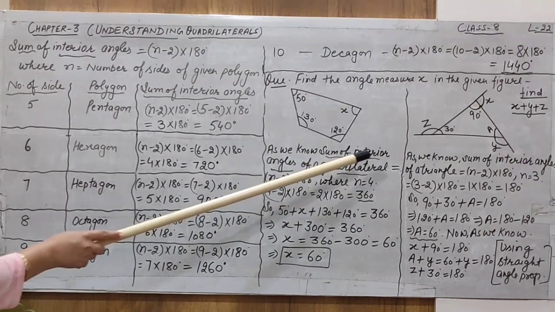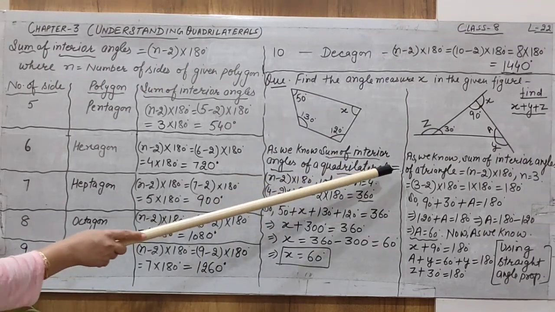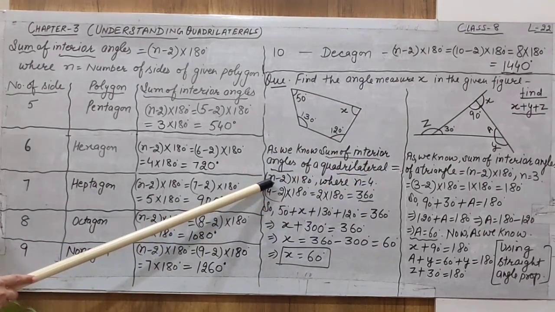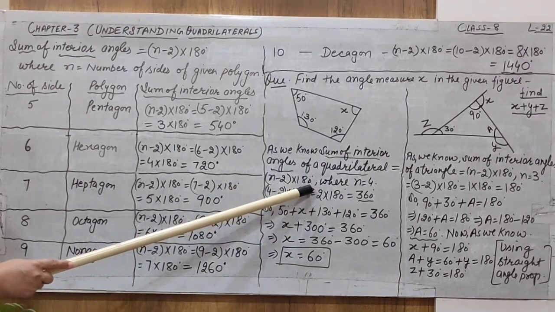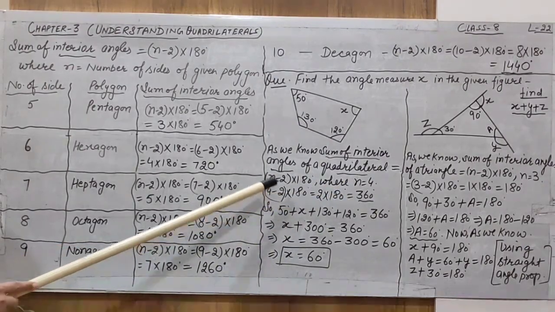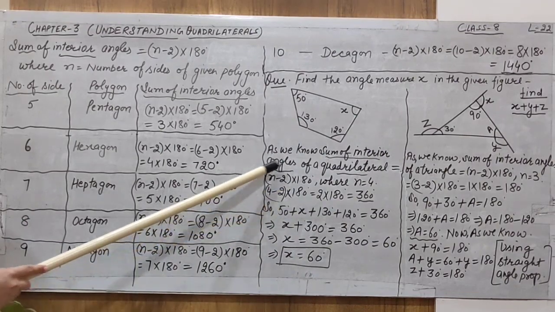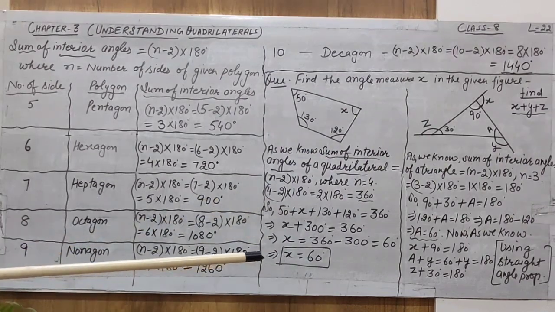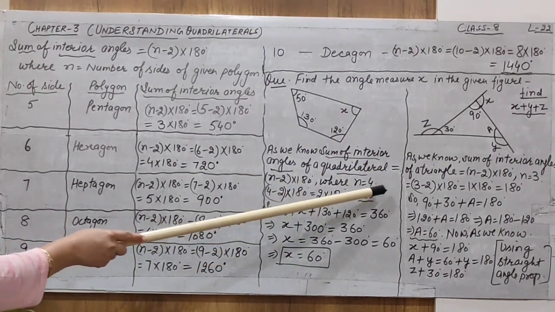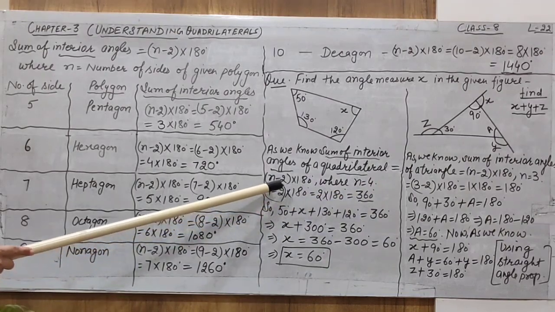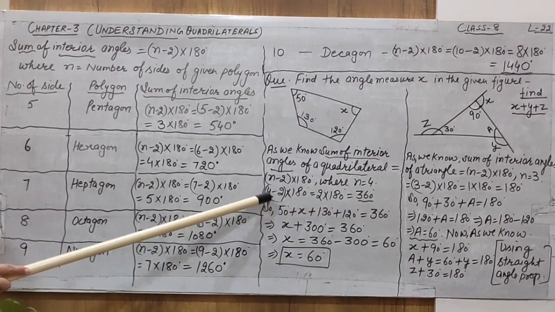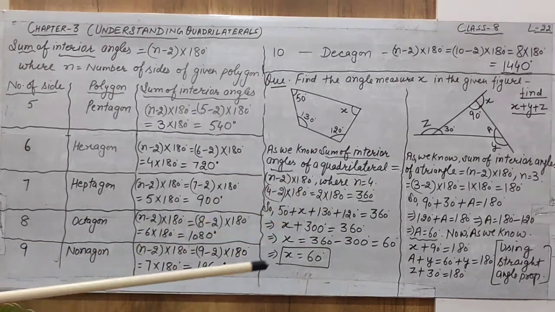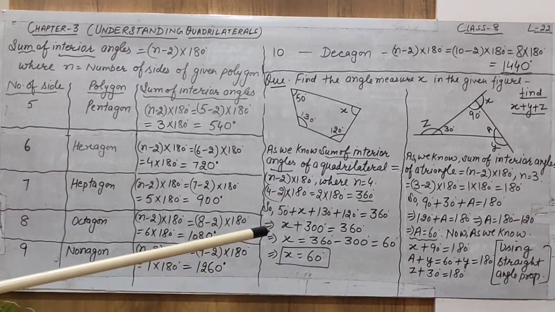As we know, the sum of interior angles of a quadrilateral is equal to, using the formula, n minus 2 into 180. By this method, you must first find the sum of the angles, then use it. So you must use the property for finding the sum of interior angles, where n is equal to 4. We have already done this yesterday, but you must write it in the answer as well. Do not write the sum of angles directly. You must use the formula, then find the sum of angles for the required polygon.